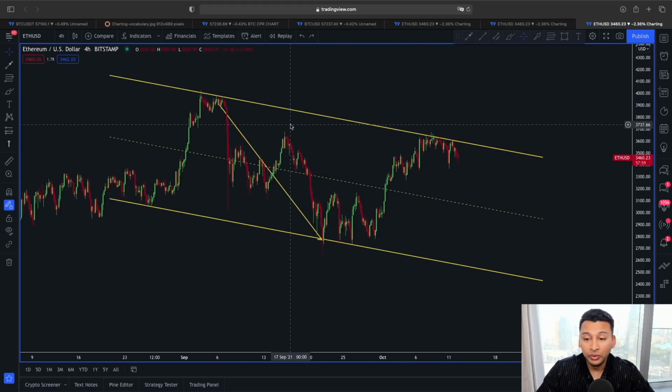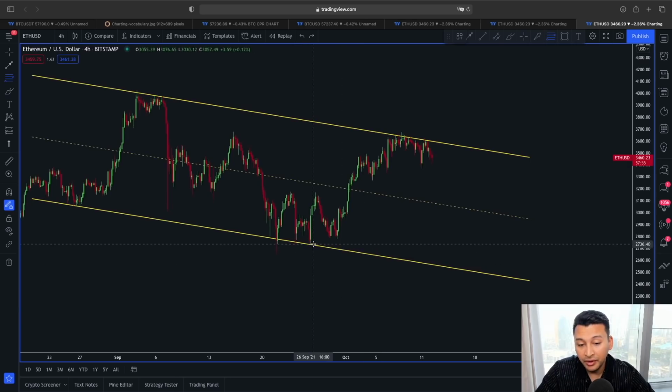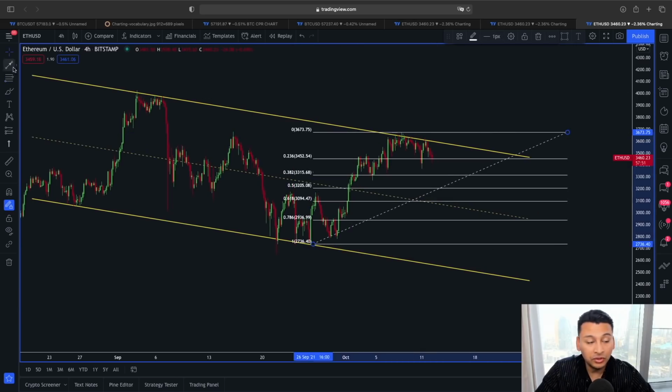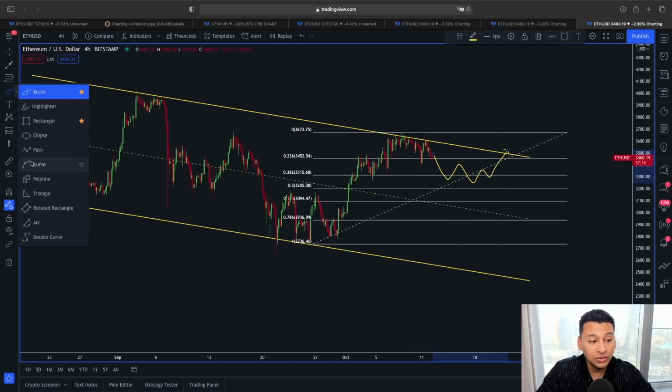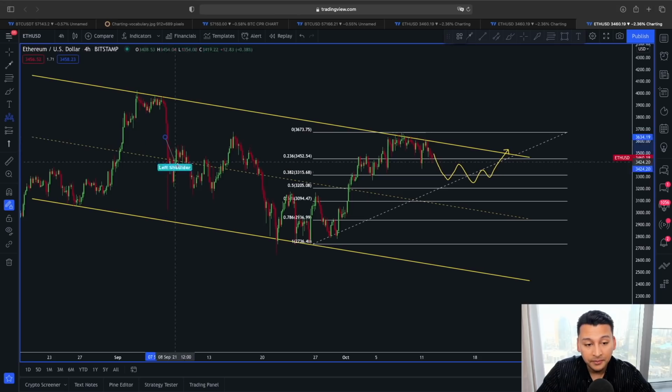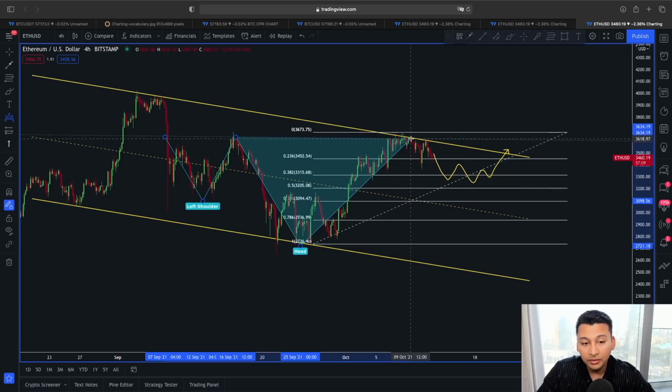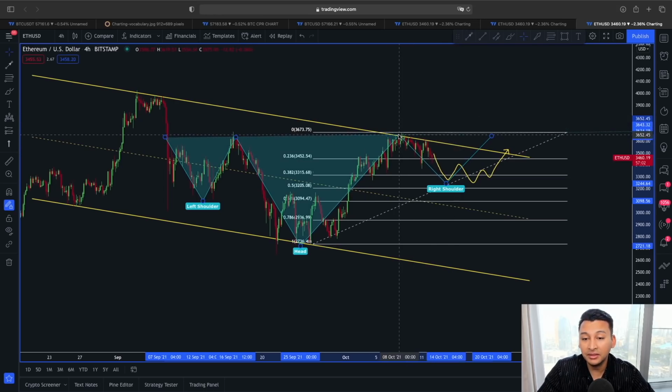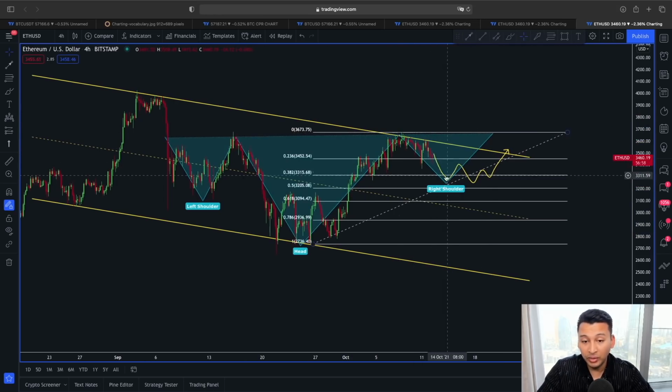Why? Because if you look at this in a very simple way using the Fibonacci line, if this retracement is going to happen, if this pullback is going to happen, I am actually expecting a strong support around this 0.5 to 0.382 Fibonacci retracement area. So that is going to be around the 3,300 to 3,200 price range. And why? Because if we do see this pullback happening for Ethereum around this range and finding support, then we can actually look at this price movement in a bit different way as an inverse head and shoulders type of scenario, which we have also already talked about in my previous video. So you can see, guys, this actually makes a lot of sense. If we do see a pullback around this 0.5 to 0.382, which is going to be between 3,200 to 3,300,